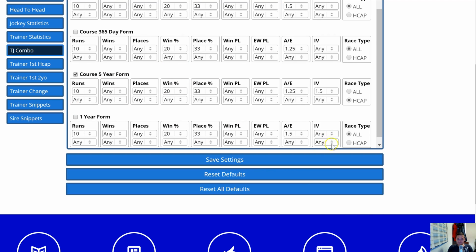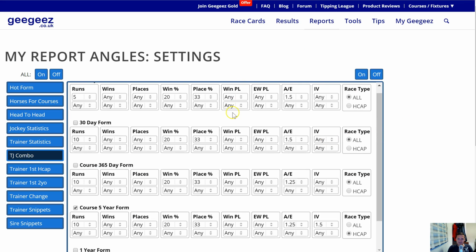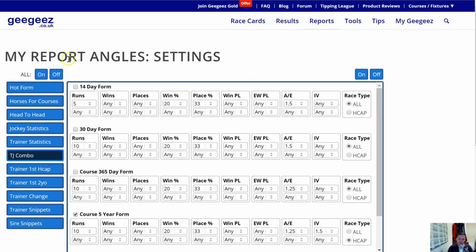So I love report angles. It's something that is a fundamental part of my daily betting now. I can't imagine not having these little snippets to hand, and I think if you start using this very quickly, it will become something that you can't be without as well. So I hope that's been interesting to you. I hope you found some value in it,